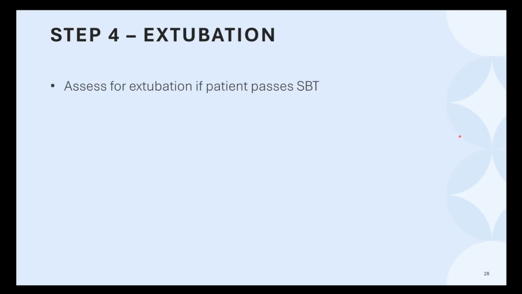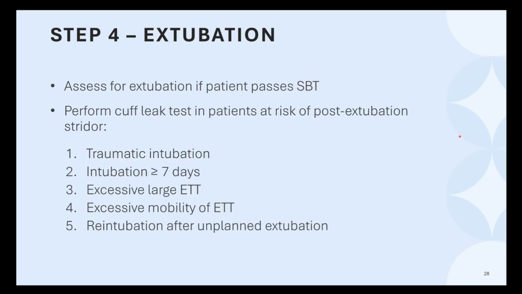So that is kind of the fourth step of weaning. Even before extubation, if the patient passes a spontaneous breathing trial, you still need to assess whether they are ready for extubation or not. And in our ICU protocol, it's recommended to perform a cuff leak test in patients that are at risk of post-extubation stridor. So there are 1, 2, 3, 4, 5 sorts of situations where you would consider performing a cuff leak test. Not to say must, but you would consider performing a cuff leak test in the following patients: those that had a traumatic intubation or intubation more than 7 days, excessively large ETT or mobile ETT, and reintubation after an